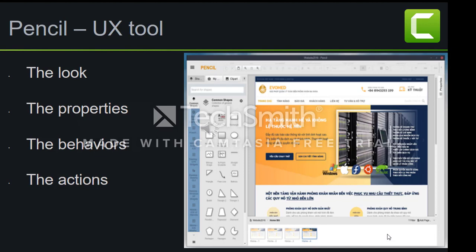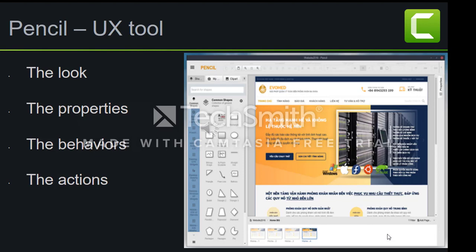The looks. Look defines how the generated shape looks by means of an SVG element. Say for example, the rectangle stencil defines a shape formed by a single SVG element. The properties. The properties which the shape has plus optional extra constraints on them. For example, the rectangle stencil has a box property of type dimension, a stroke style property of type stroke style, and a fill color property of type color.